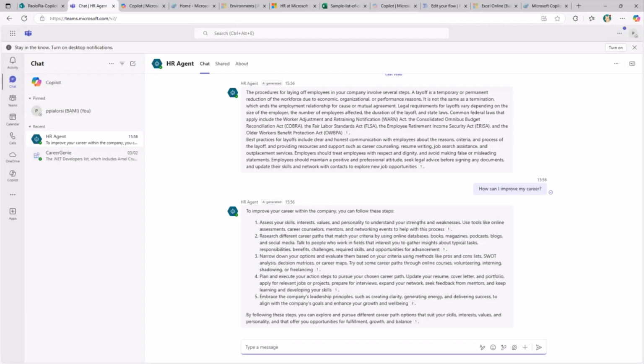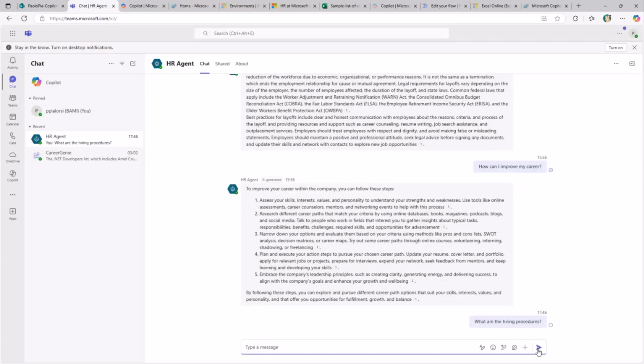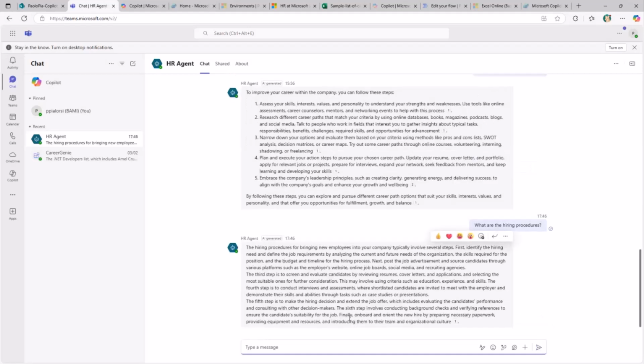Just to give you an idea of the final goal, I can interact with my agent and ask questions, providing prompts, and I can get back answers based on the content in my SharePoint Online document library. I can do the same, as you will see soon, using Microsoft 365 Copilot instead of a bot-based interface.